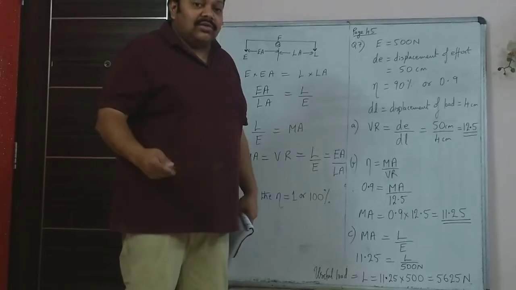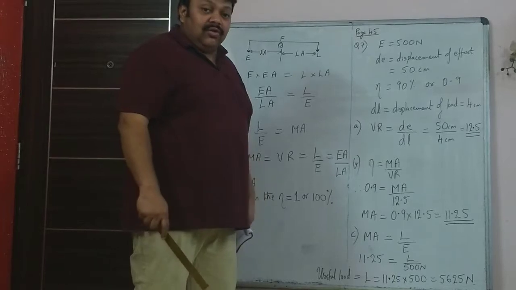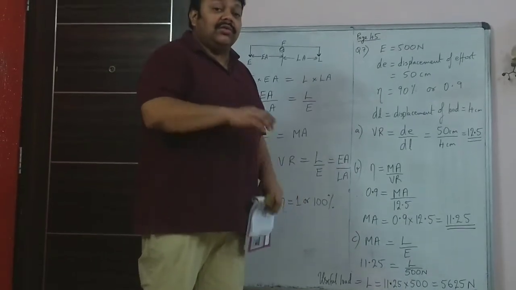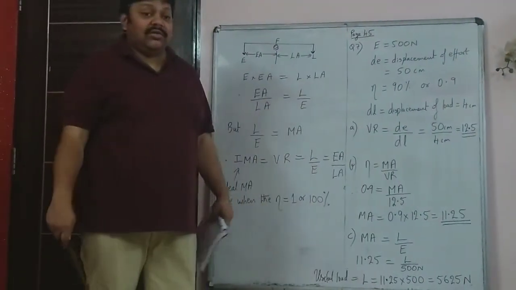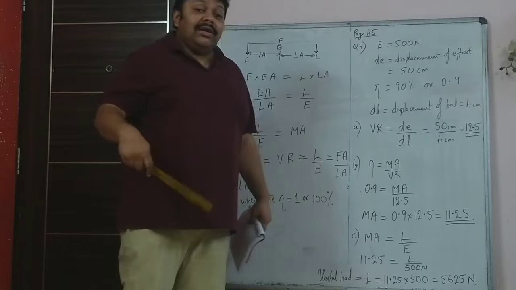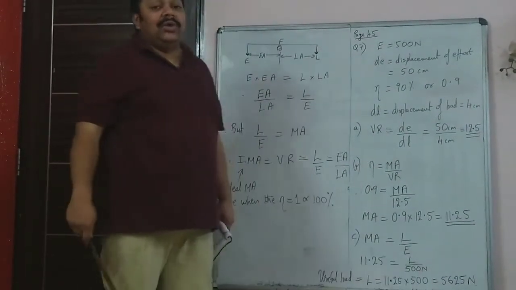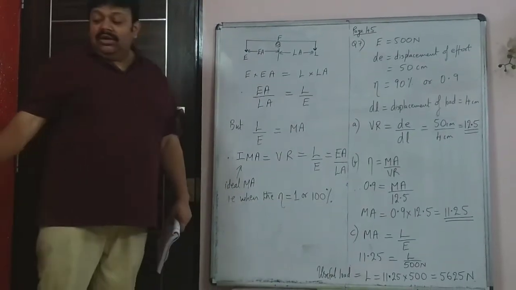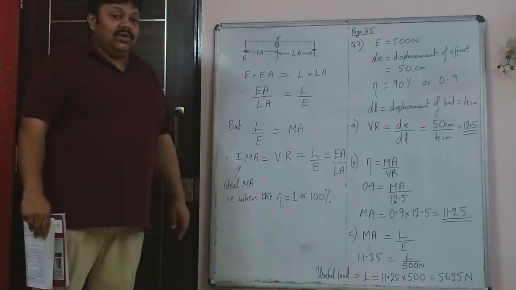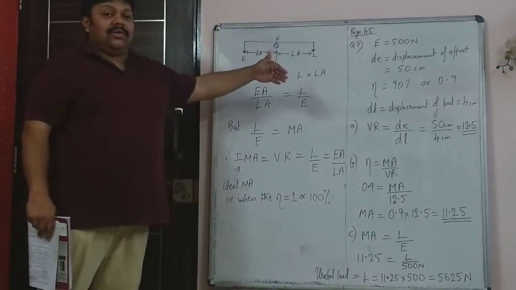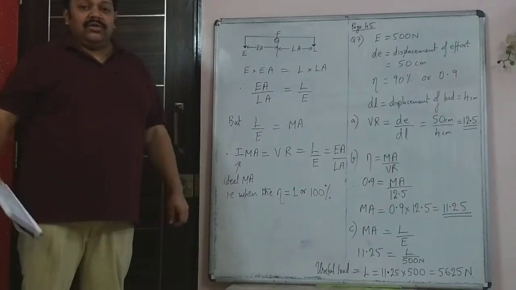So that difference, 6250 minus 5625 Newton, is the force that is lost. The 10% efficiency loss is there because of that loss in force, because that is used in overcoming friction, maybe between the moving parts of the machine. Friction is the major cause of loss. Had it been 100% efficient, then you could have lifted not 5625 but 6250 Newton.